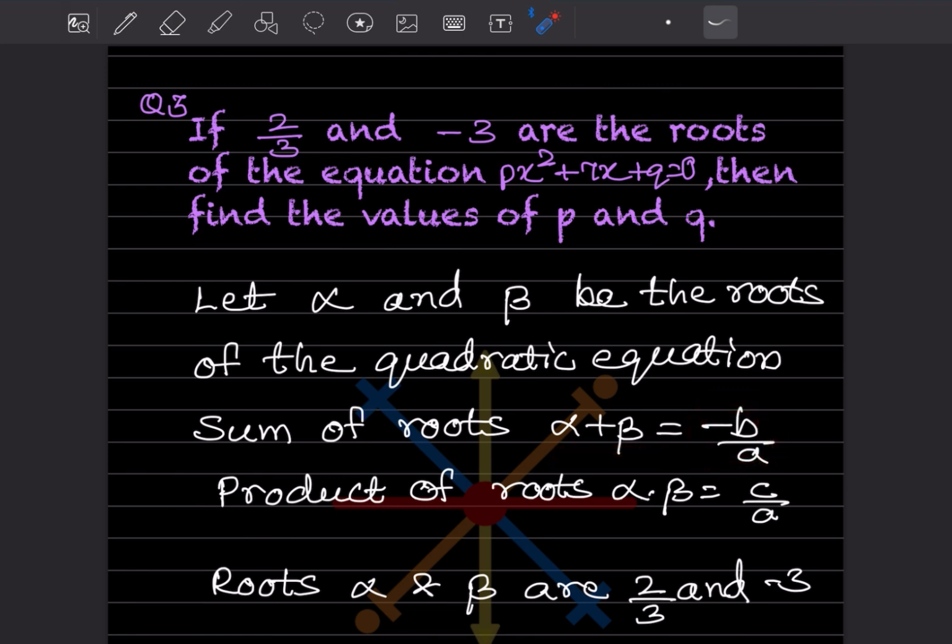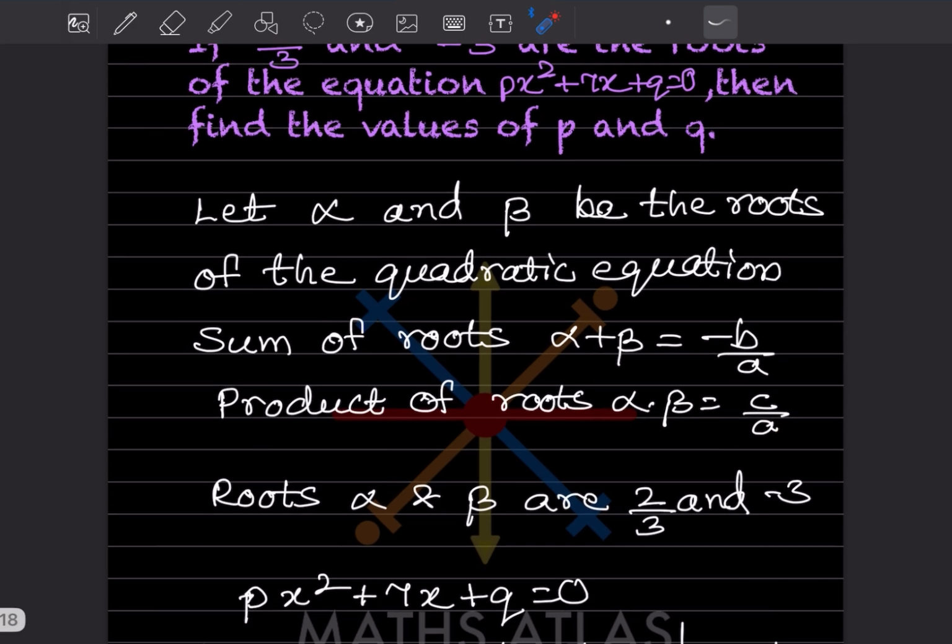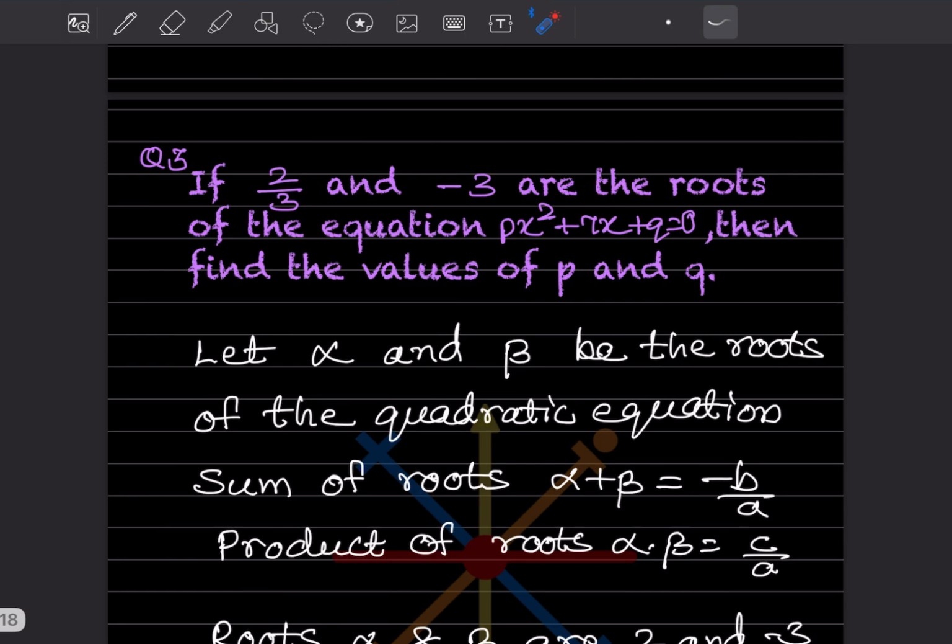Here this is a, this is b, and this is c. So that should be minus b by a. And product of roots. Product means the multiplication. So alpha into beta, that is c by a. So these two things you have to remember. So roots alpha and beta are given here as 2 by 3 and minus 3. So what we can do here,